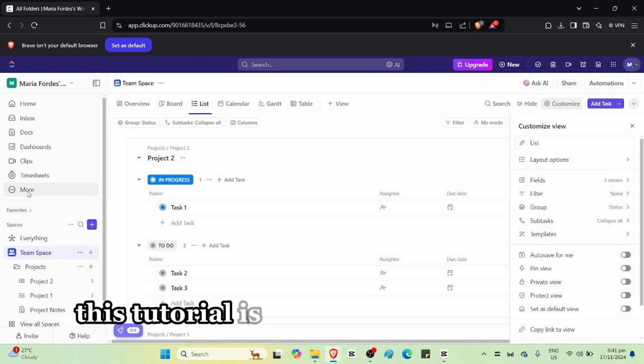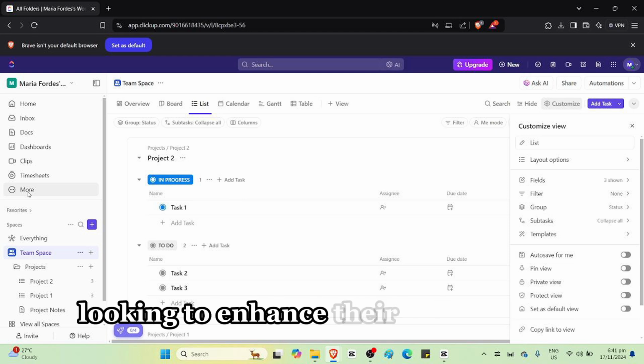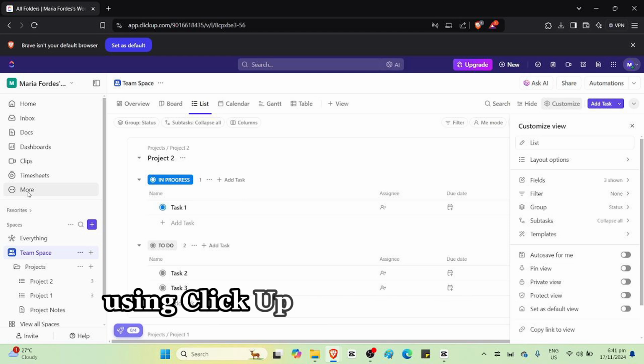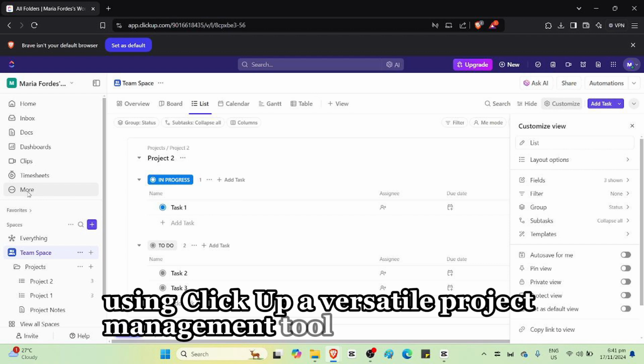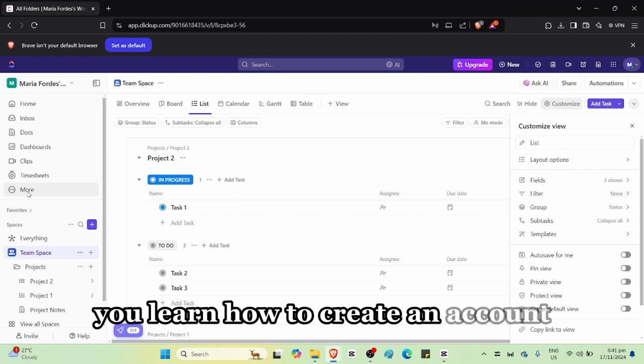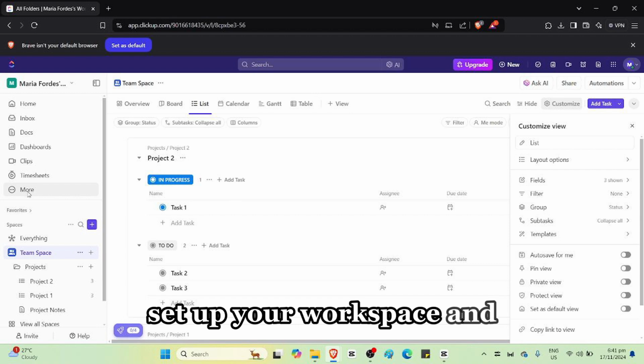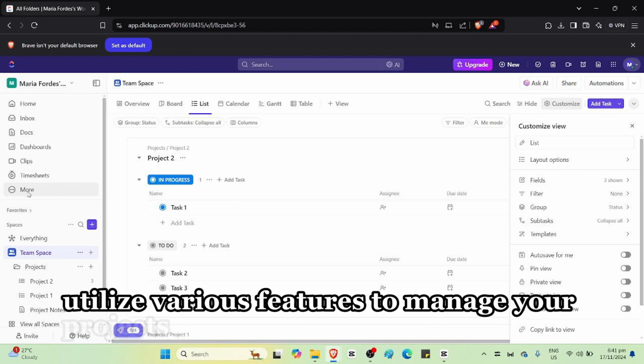This tutorial is designed for beginners looking to enhance their productivity using ClickUp, a versatile project management tool. You will learn how to create an account, set up your workspace, and utilize various features to manage your projects